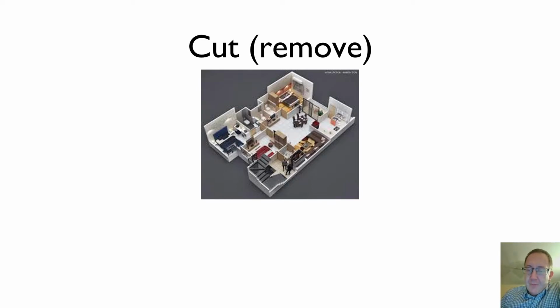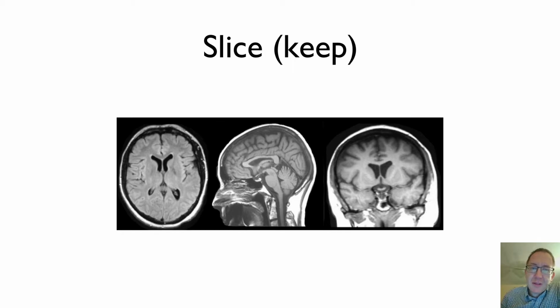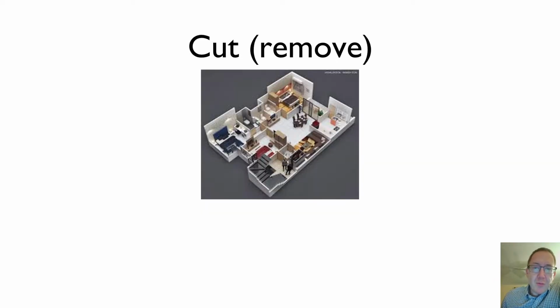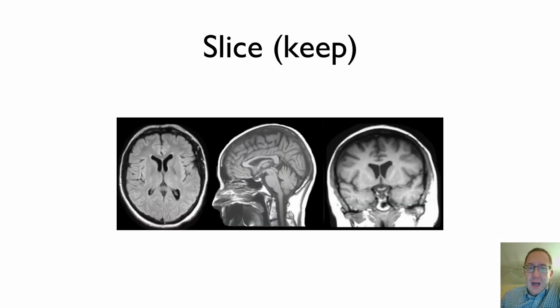Oftentimes with a slice, that's probably not the best example. A slice would normally be I would see both sides of it, or I would see all the parts of the slice still, but I'd see where the slice actually occurs. Versus a cut, I'm removing everything. Everything above the ceiling is removed for a cut. For a slice, I keep things, so I can slice it open and see all the